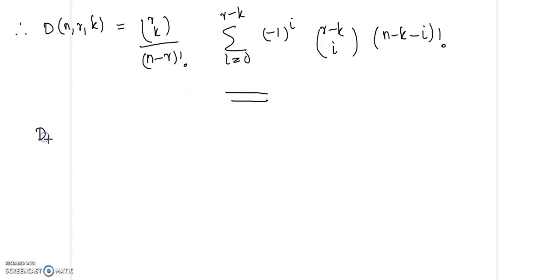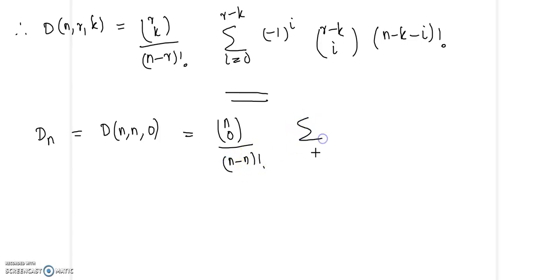And now let us look at the value of dn. So dn is obtained by d of n, n, 0. The number of fixed points will be 0 in that case. So k is 0. You will get nC0 by, so here you will have (n minus n) factorial, summation i equal to 0 to r, okay, 0 to n minus 1,